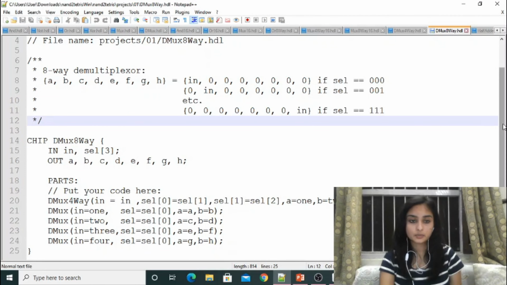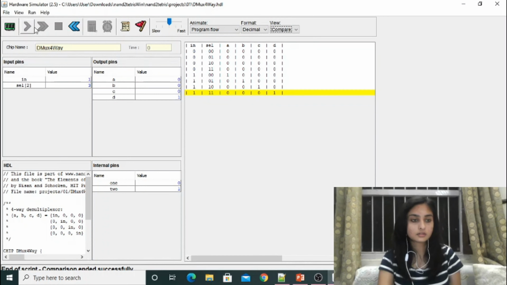So this is the code that we have here. Again, just to make the code very concise, we'll be using demux 4-way, and the rest of the functions that we'll be using will be of demux, which we have already used so far. And this is the functionality that we have. Again, it will vary just basis on the value of what the selector will be. Now we will run the code.